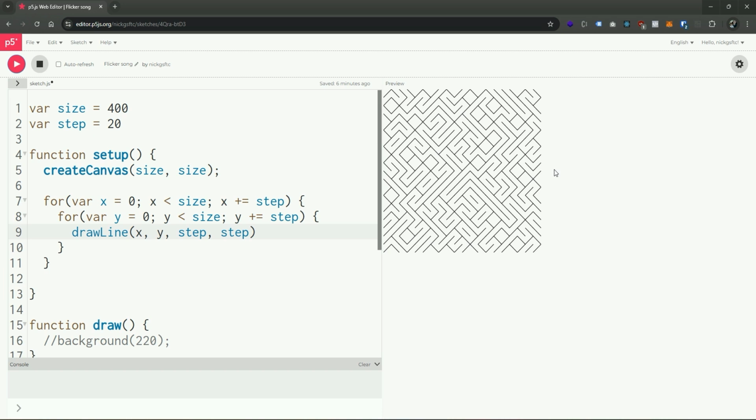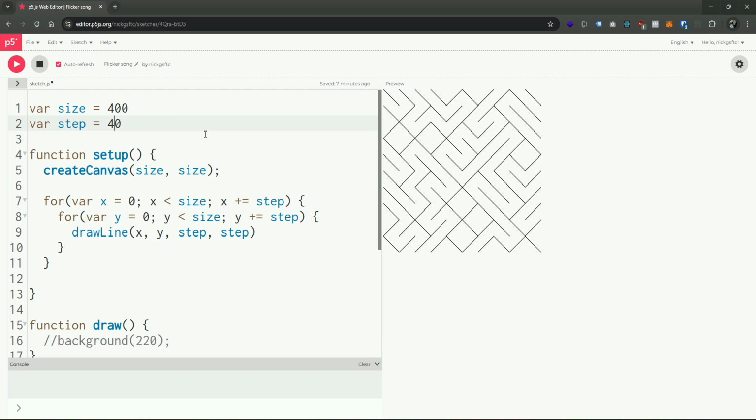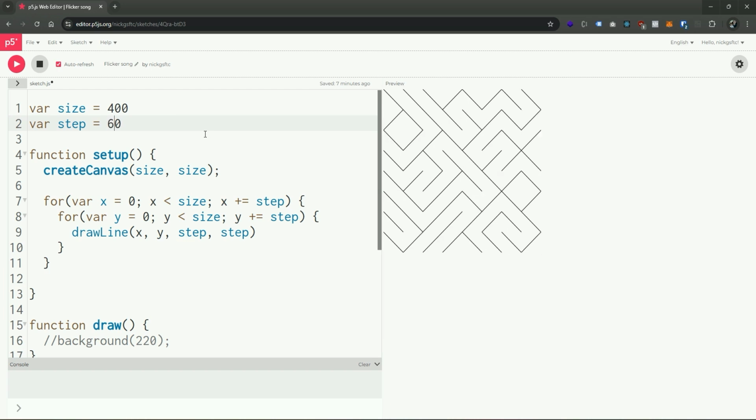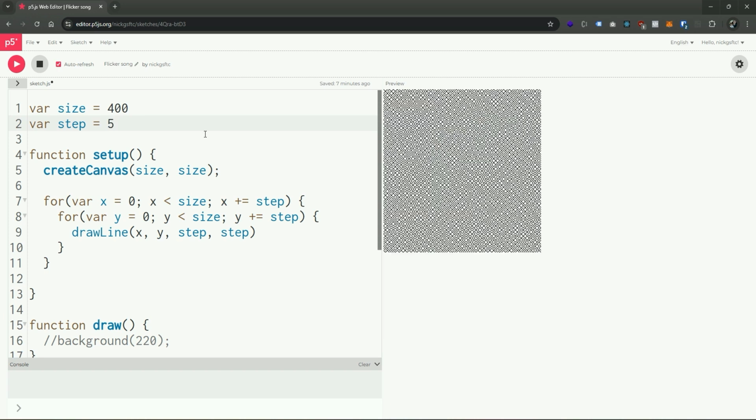Now, fundamentally, what we did is we segmented out the entire canvas into rows and columns using for loops. Loops enabled us to iterate over the entire screen in a certain step size, right? If we modify the step size, say for example, we make this 30, actually we could turn on auto refresh now because we know our loops work. We make this 40. Notice how we're kind of zooming in, right? And if we make this 5, we're going to zoom all the way out and we have this kind of